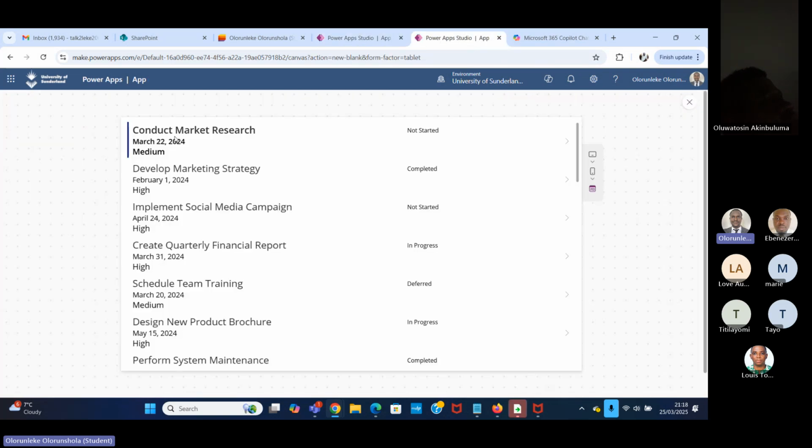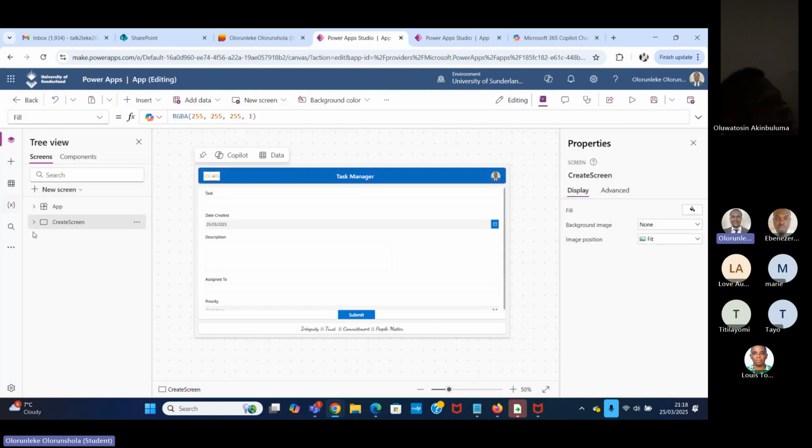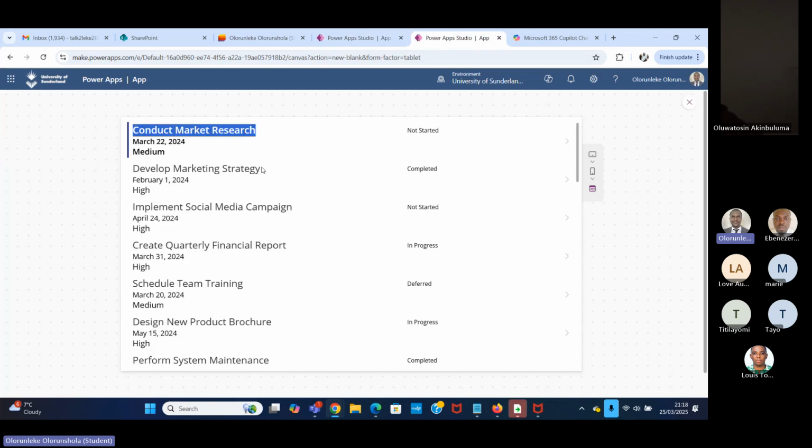We want a situation where all of our tasks are visible on the new screen, and then you'll be able to see the task's name, the date it was assigned, the task priority, the expected due date. And then we want to take it one more step further by giving it the ability so that you can edit. For instance, when the supervisor assigned it,